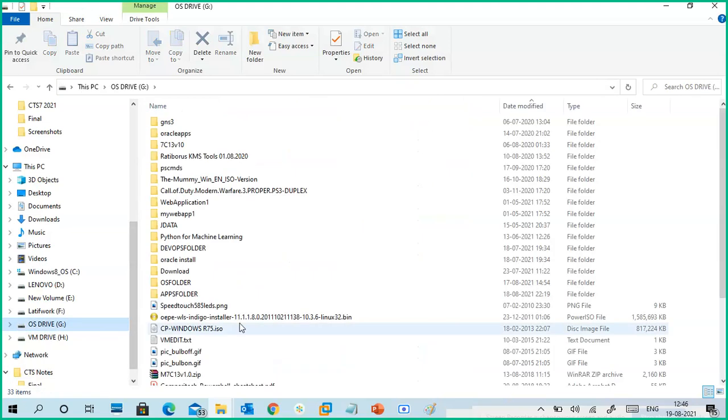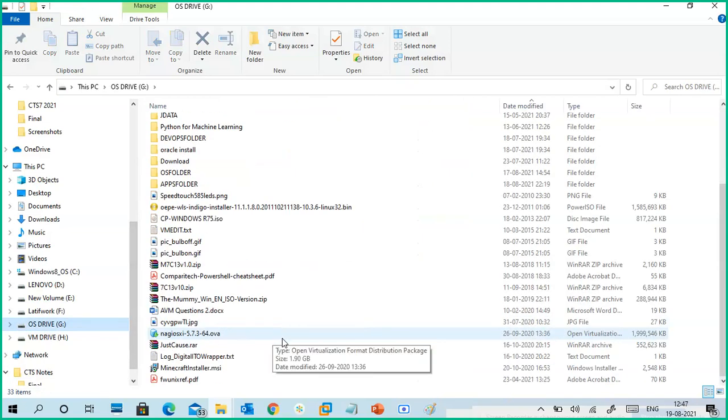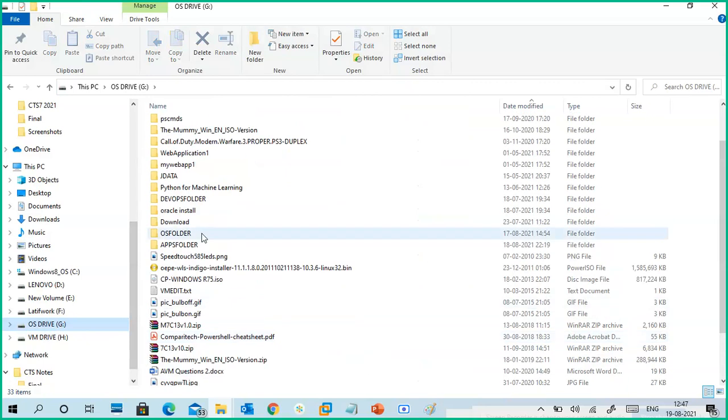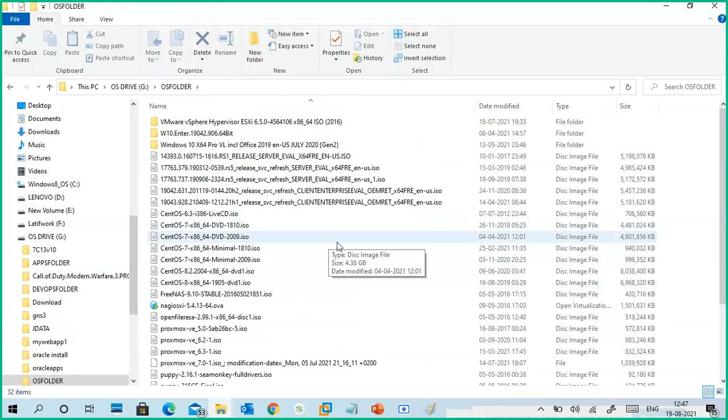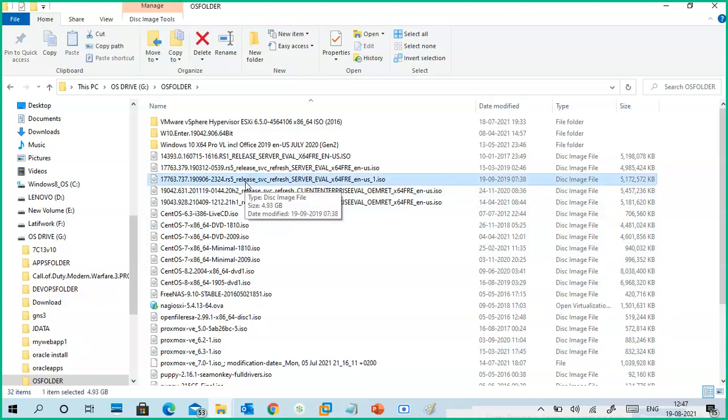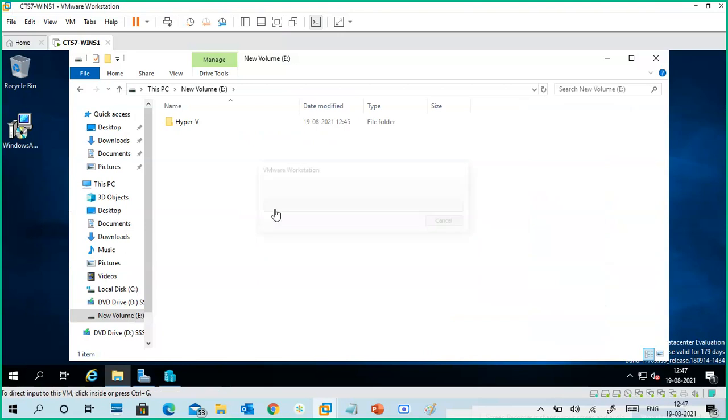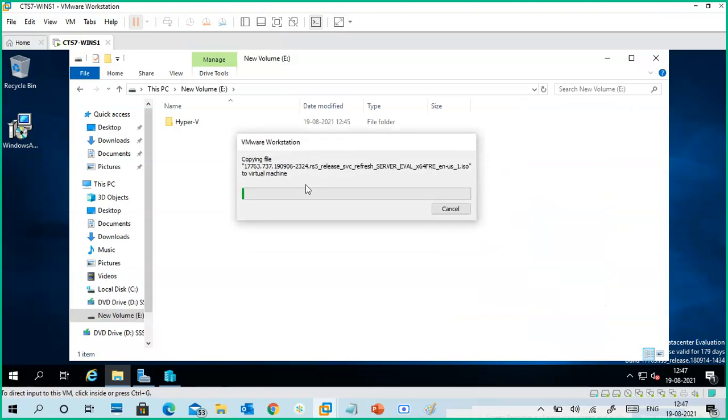So first of all, what I'm going to do is upload the virtual machine, means operating system image. I select server only here. You can install Windows 10 or Linux or anything. Okay, you can choose anything, but I'm going to choose Windows Server. Yeah, this is my Windows Server now. So I am copying it. So I will try to paste it here. Yeah, it is pasting. It will take time. So meanwhile, we'll take a break.